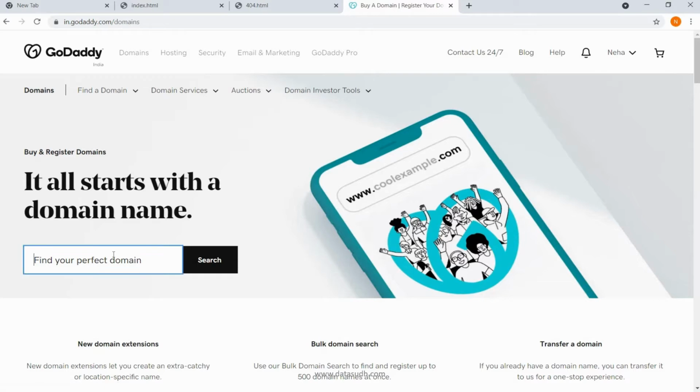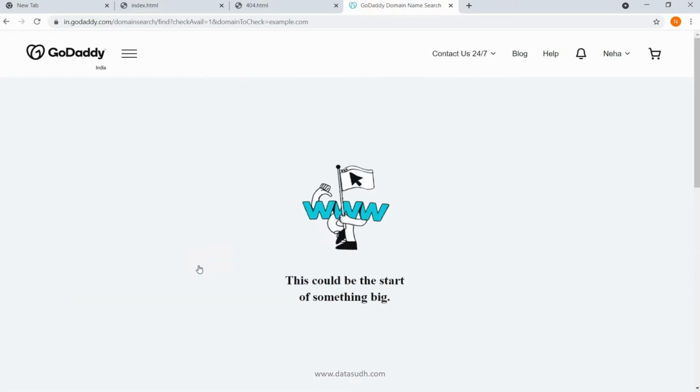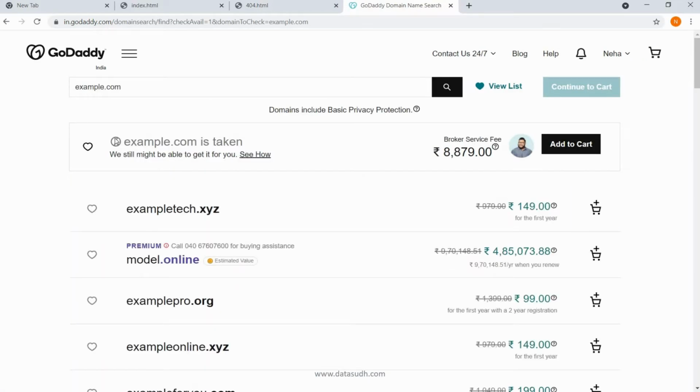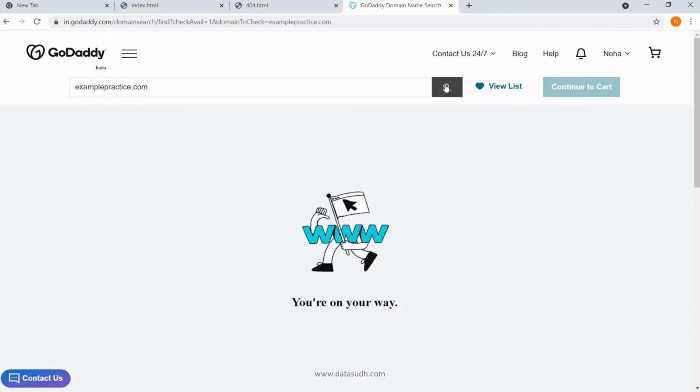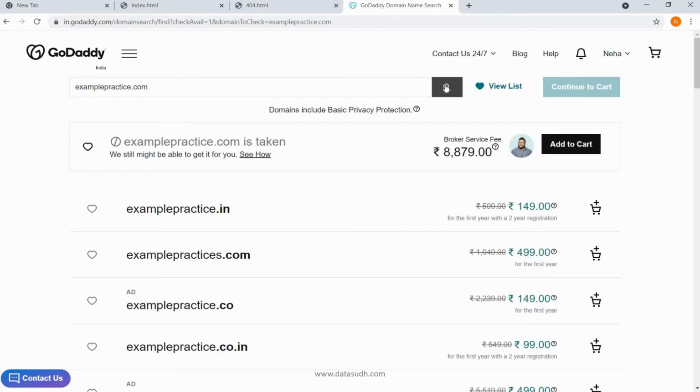let's say I search for a domain example.com. This will give you the results of whether your domain is available or not. You can try another if that is not available. Maybe I can add a 1 2 3.